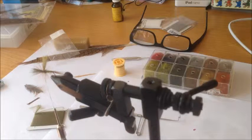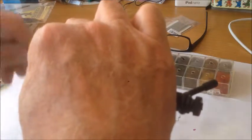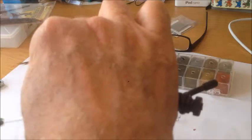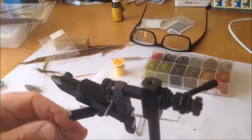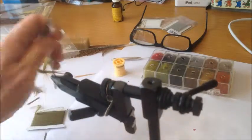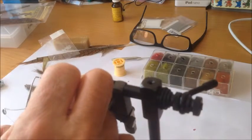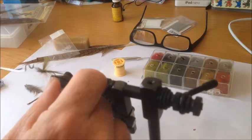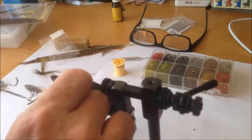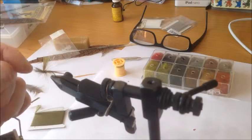And a little trick I use to tie the head on, I always just wet my fingers, and by doing that I can get purchase on the fly material, pull it back and tie a really nice head in there. I then trim any fibers or feathers sticking through, and then my last step would be to cast off my fly using my whipping tool. I normally just do 2 turns first. It prevents it from unraveling, and then here you can see me putting around about 5 turns with the whipping tool, finishing off the fly, and then I would just trim it off,